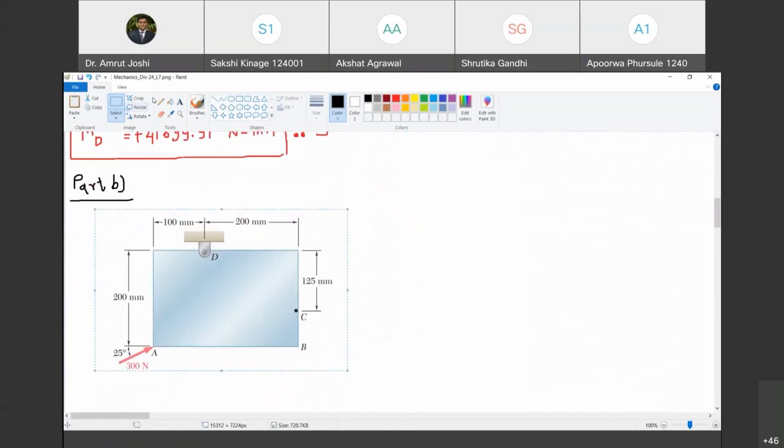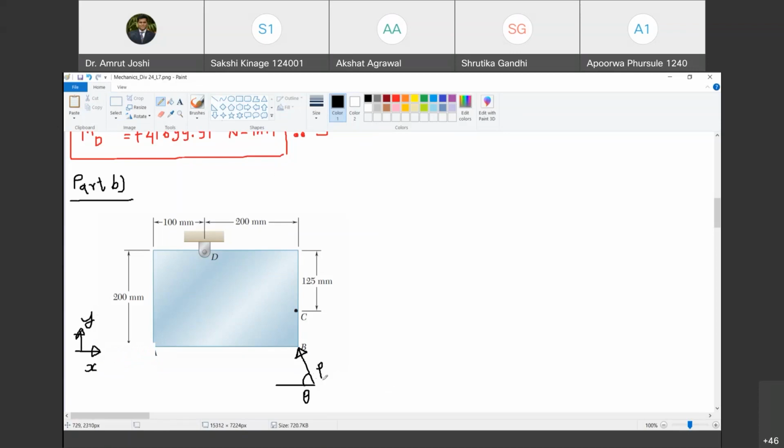So I need to now apply some force at B. Now forget about this 300 Newton force. Are you with me? Forget about it. Yes. And I need to apply some force at B. Let us say I apply that force of this nature. So I call it P and this is theta. So I applied some random force oriented at an angle of theta with reference to the x-axis, which is applied at B. Are you with me? Yes, sir.